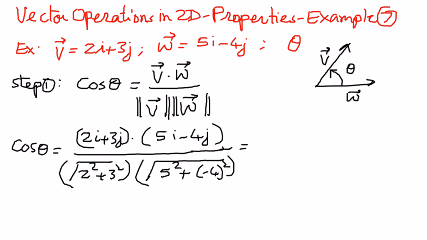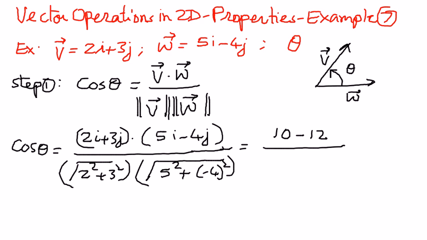Therefore, when we simplify this it is going to come out as follows. 2i times 5i is going to be 10, then 3j times negative 4j is going to be negative 12. Then 2i times negative 4j is going to go to 0, and 3j times 5i is going to go to 0 because j dot i is 0. Therefore, we can write this as 10 minus 12 divided by